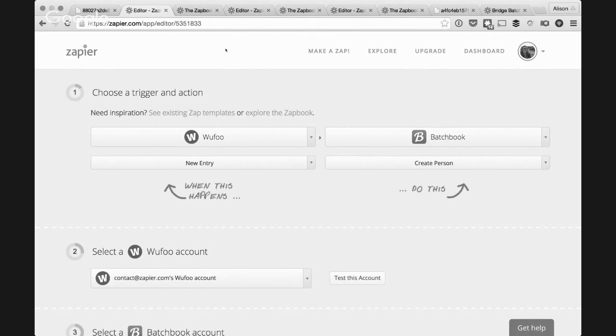Well, a lot of businesses have websites, and having forms on that website that help you either generate a lead or add somebody to your newsletter list or your community or whatnot, that's a great way of utilizing a form on your website. And having that information come directly into Batchbook, where you can now catalog it and then take action on it, is one of the simplest ways to take your first step into automating your business. Getting those leads directly into your CRM so that you can then take action on them without having to input any data at all is, I think, the first